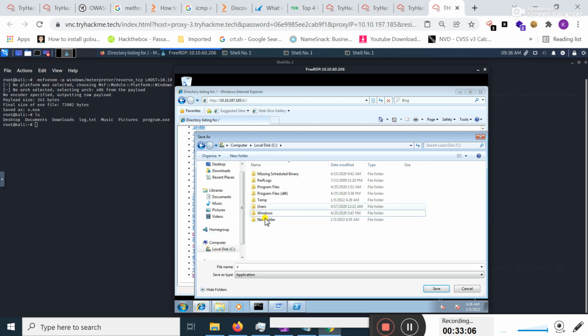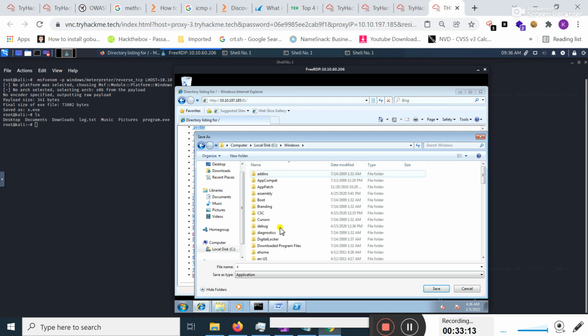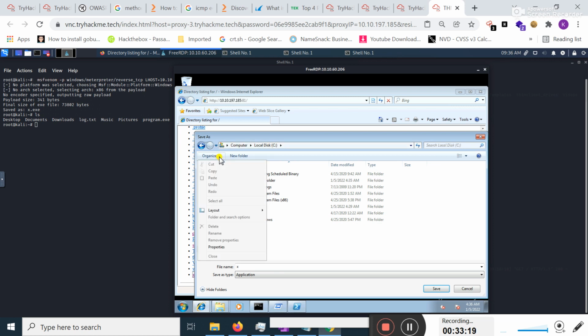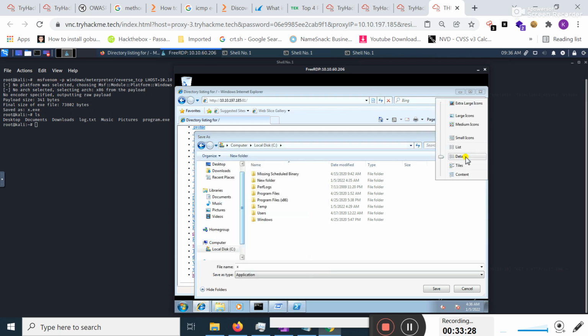I think C ProgramData and Microsoft. I move to here, and ProgramData is not present here, it is disabled, it is not present right now.